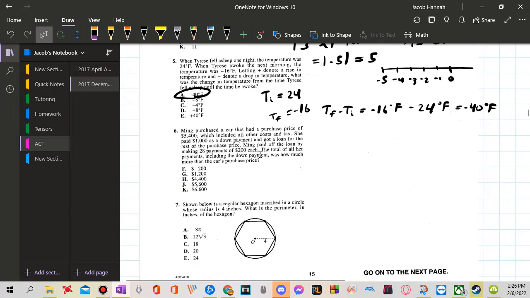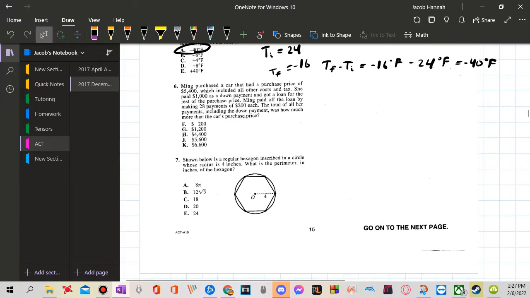Hopefully you won't need to write it out like that. You can just notice that it went from 24 to negative 16. The minus sign, that's just a convention, a stupid convention. That's why we don't really like to use Fahrenheit in the first place. In science, we use Celsius and Kelvin because there's no negative Kelvin at all, but there's negative Celsius, so Celsius is kind of dumb too. So okay,